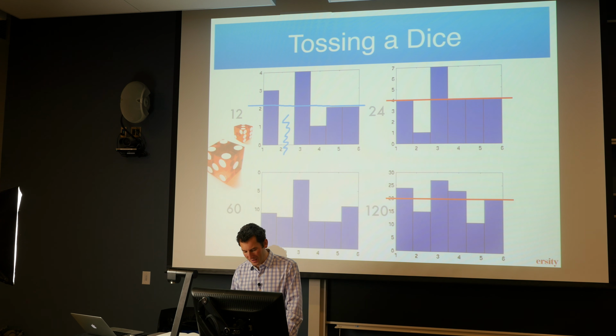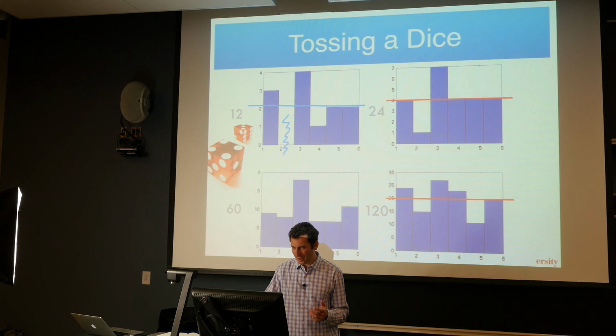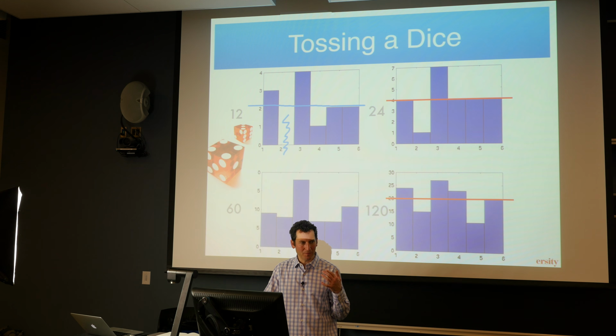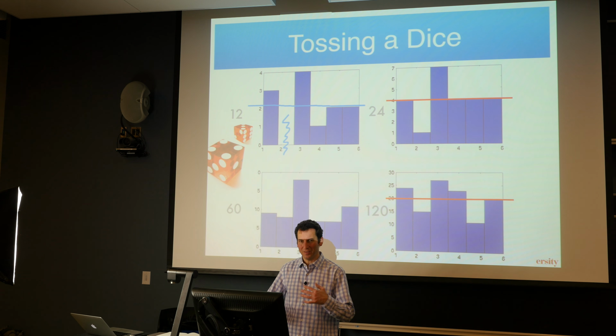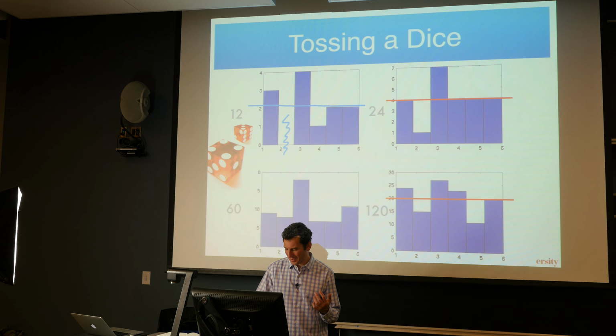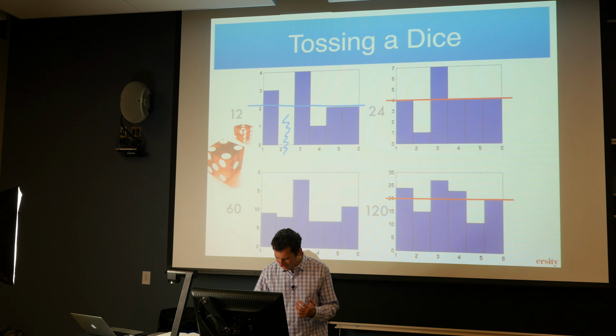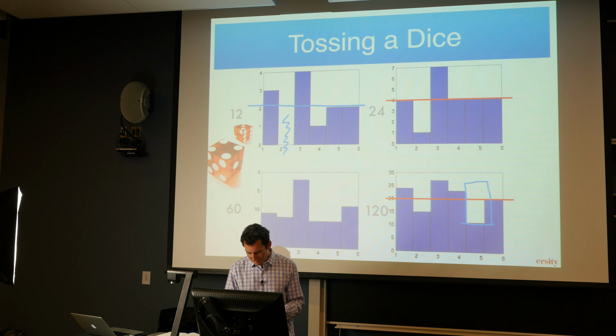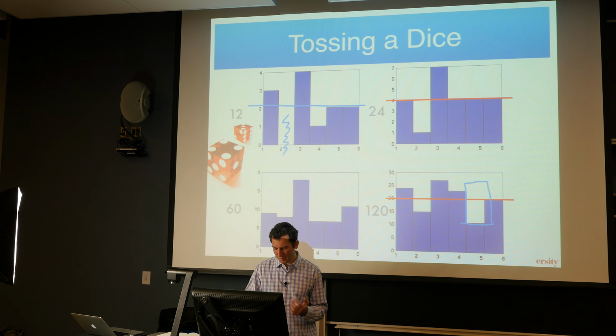Rolled it twice as many times and I'm still unlucky, and the 3s are really frequent, and then you just keep on going. But what you can see is that it's far from being this very nice uniform distribution. It's actually quite messy. And most of you would probably not expect that you would need maybe 120 rolls of a dice to get something that's even within a factor of 2 correct. So look at this guy here. We're basically seeing the 5s only maybe 11 times out of 20, out of the expected 20.